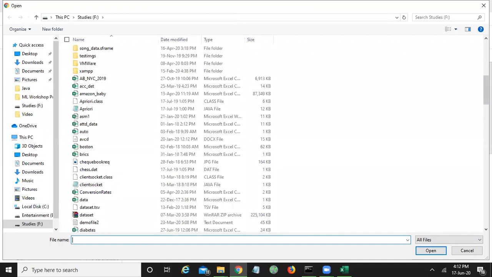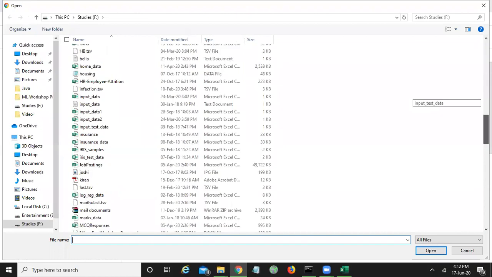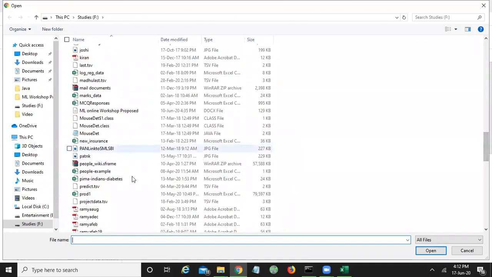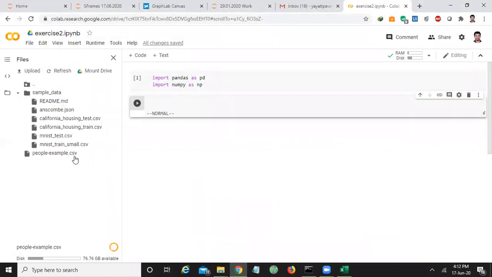You browse for that. So I got my file people-example.csv. Click on open. Then it will be added to your directory here. Okay, click this upload button.